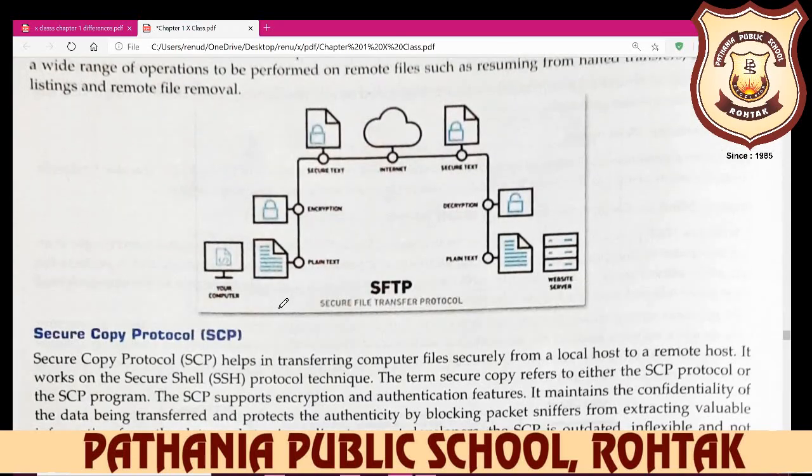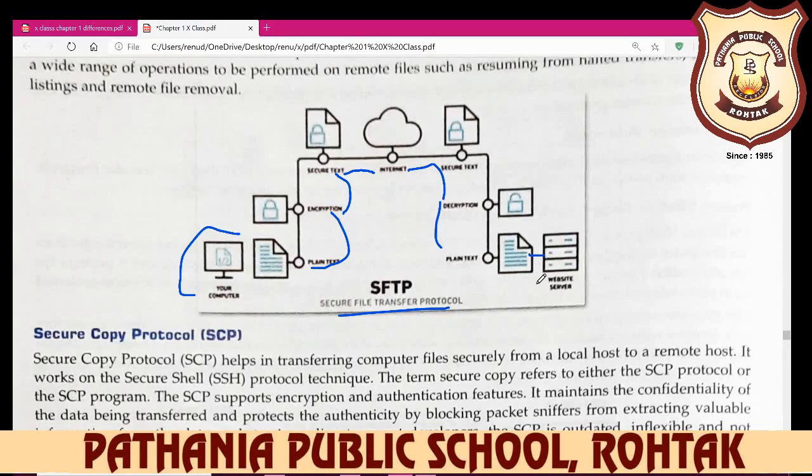And here is SFTP, Secure File Transfer Protocol. Here is your computer, here is your plain text, then your plain text will be encrypted, so your data will be secure, and after that it moves on the internet, and then again your secure text will be decrypted, and then again plain text, and then the website server.